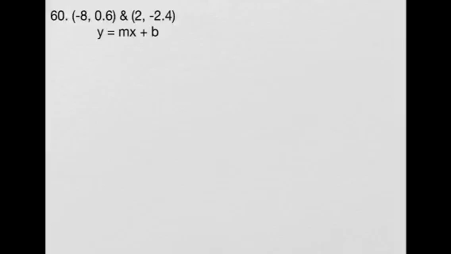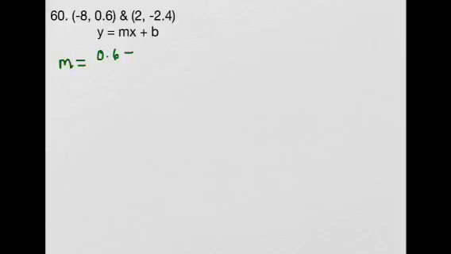Okay, number 60, same instructions as 55. So we need to find the slope and the y-intercept to get the equation in slope-intercept form for the line that passes through these 2 points. So again, the order doesn't really matter as to which point you start with. So I'll just start with